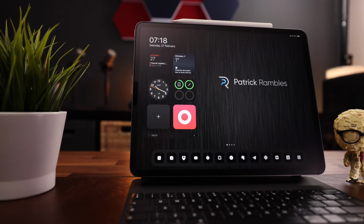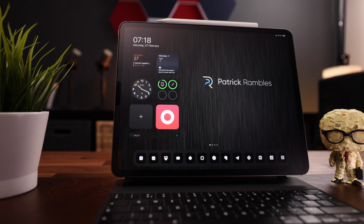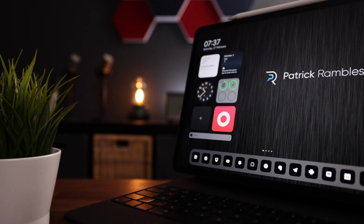I'll be super brief about this first stand since it is so obvious, and that is the Magic Keyboard. I still wanted to mention it because to me it is just the best all-in-one stand and it deserves a mention. But of course you all know how it works, and that's not what you came here for, so moving on to the next stand,